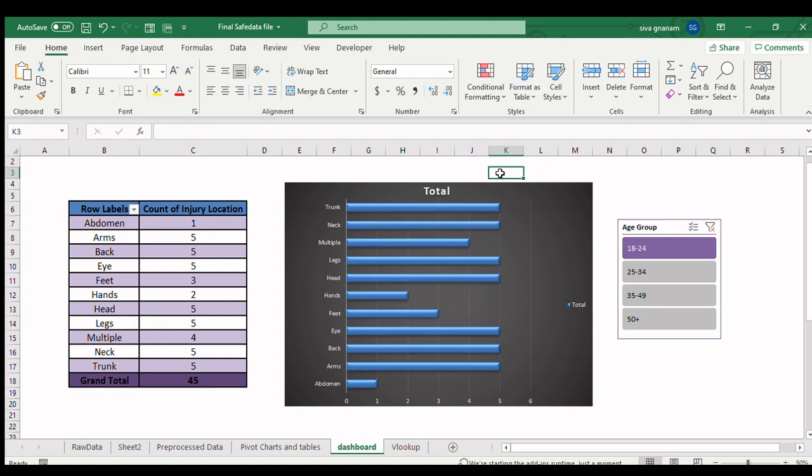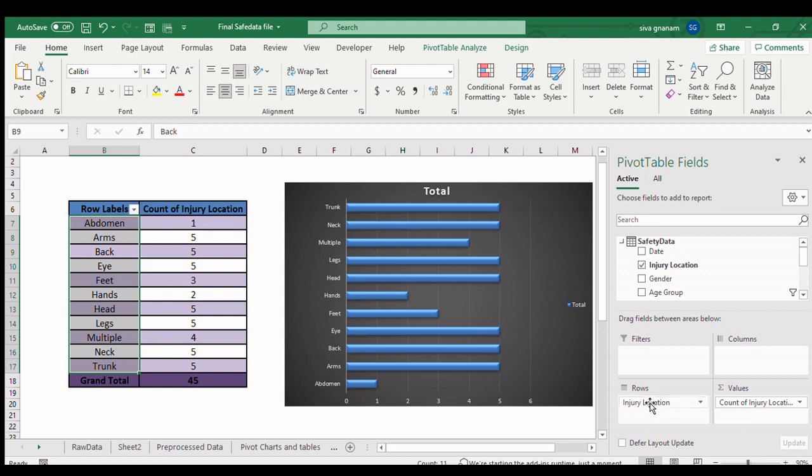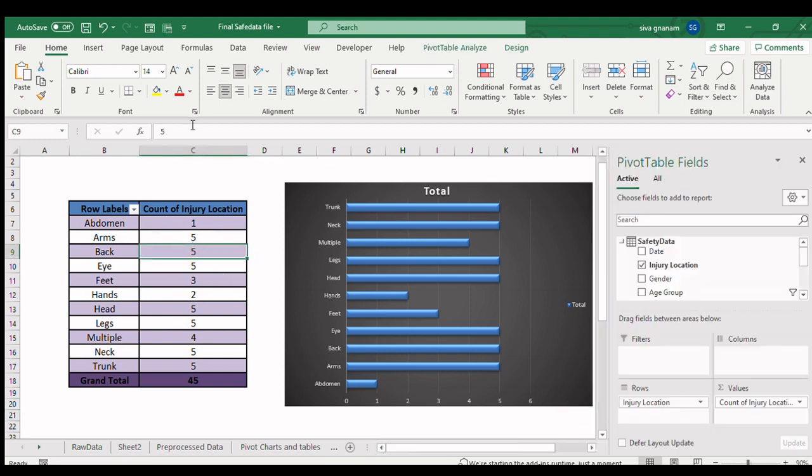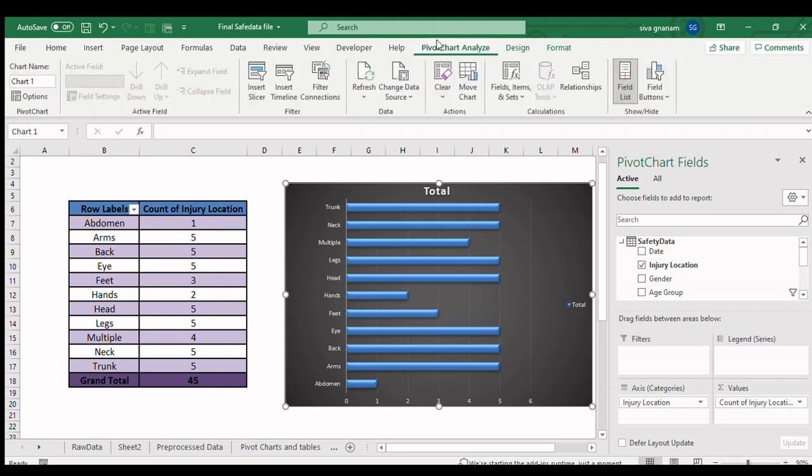Explaining in the Excel sheet, create a pivot chart by selecting injury locations in both the row and the value part. Keep the cursor on the chart, go to PivotChart Analysis and select Insert Slicer.